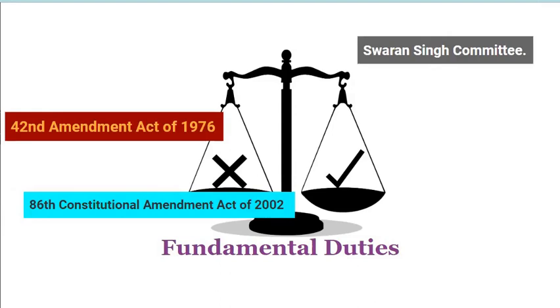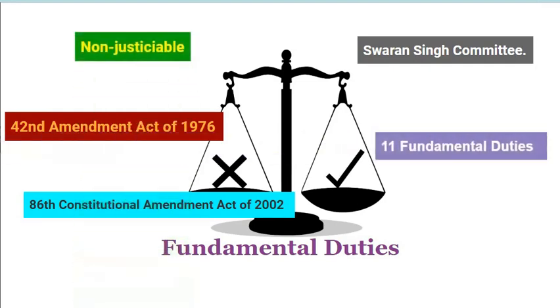While rights are given as guarantees, duties are obligations that every citizen is expected to perform. You have to keep this in mind that fundamental duties are non-justiciable in nature. So I'll discuss later why fundamental duties and directive principles of state policy are non-justiciable in nature. And there are a total of 11 fundamental duties altogether. One by one, I'm going to discuss them in another video.